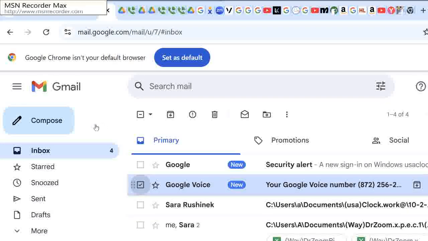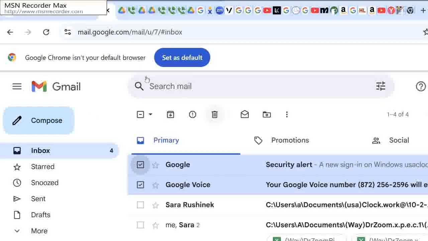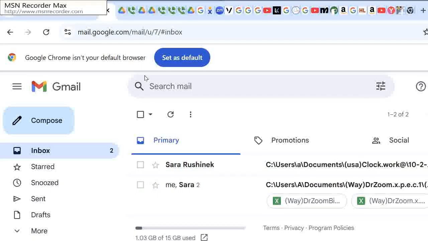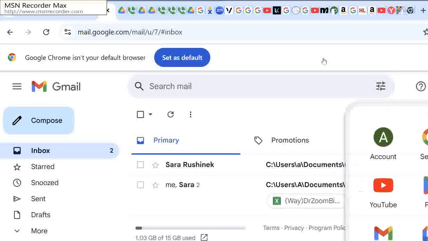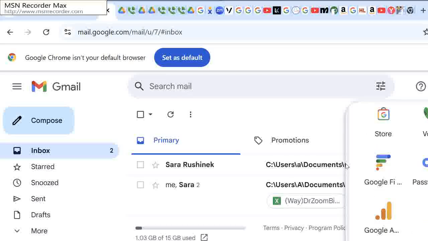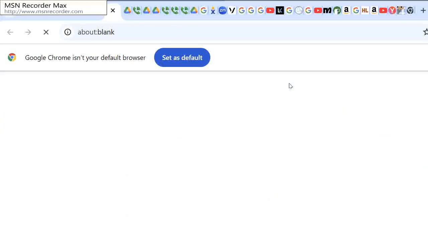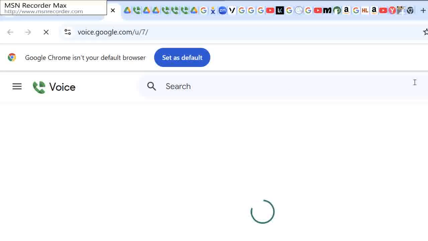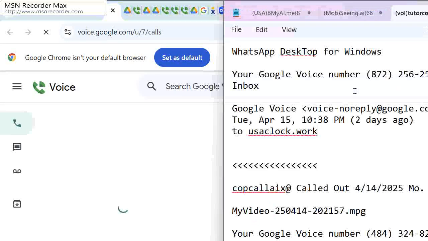So I mark them and I delete them. And now that I deleted them, these were outdated email messages that I no longer need. I want to click the waffle and navigate to the voice account where I want to make an outbound call to 800